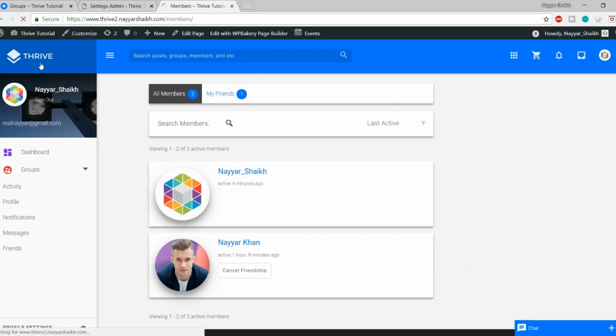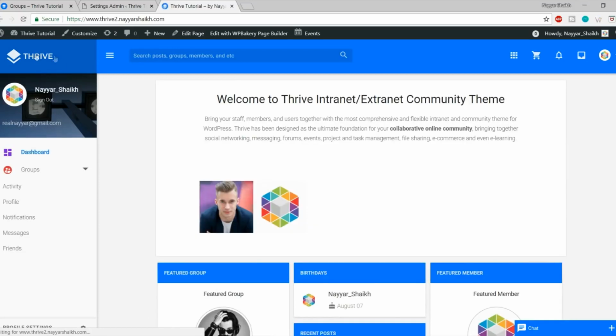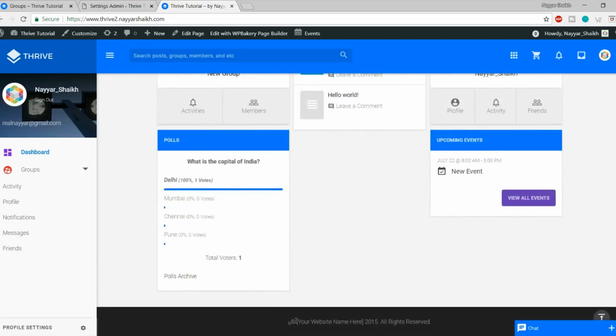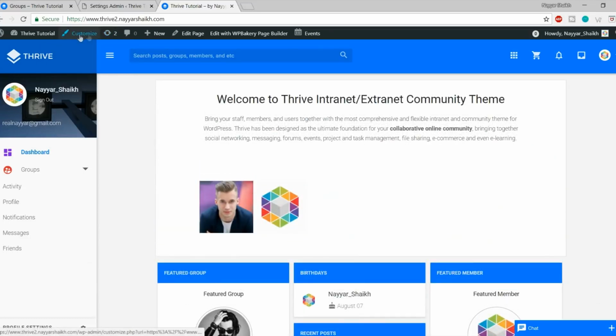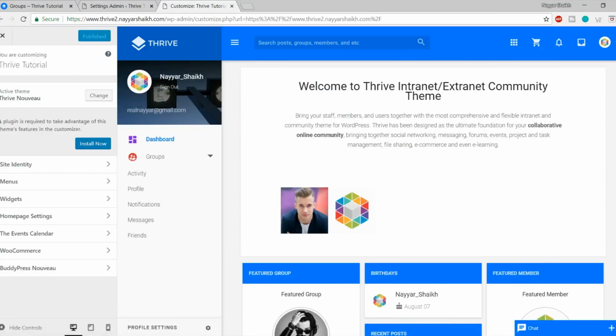Now there are few things left. First let's go to the home page. For example, how to change the logo, how to change this bottom footer thing and all. So let's see how we can do that. So click on customize at the top. Okay, so as you can see, now it says a plugin is required to take advantage of this theme's feature in the customizer. So simply click on install now button,